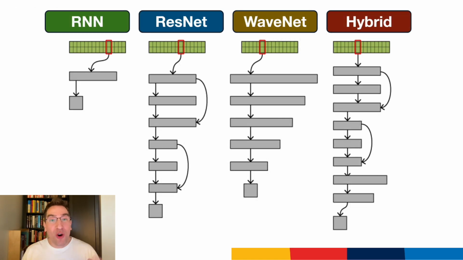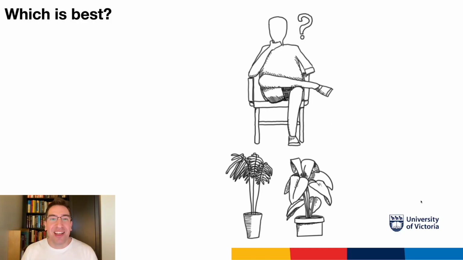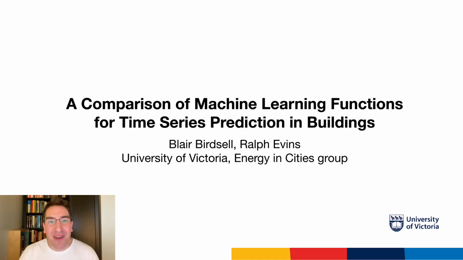So now we come to this overview of all the different types of neural net architectures discussed side by side. I'll draw your attention on the right to the hybrid net, which you can see here is the residual net and then also the RNN on the end. So you might be asking yourself, which one is the best? Which one is the most accurate? Which one is the most performant? Well, that answer will have to wait until my paper is published in the